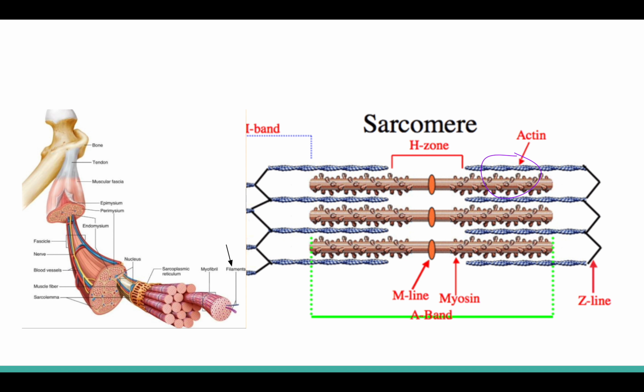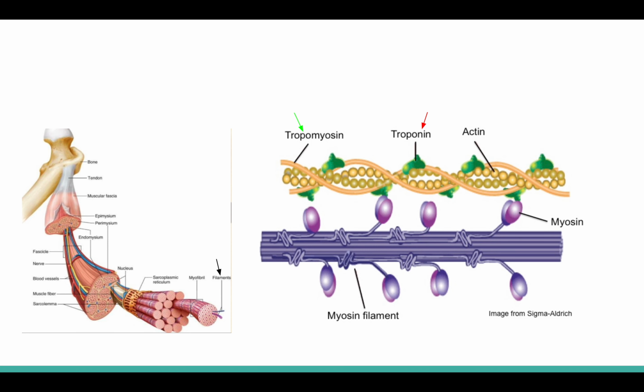If we want to get into troponin and stuff, we're going to need to take a closer look at the actin. Where you see this purple circle, we are going to zoom in, and now we can see troponin and tropomyosin. When the calcium ions diffuse throughout the cell and bind to the troponin, a change of shape causes the tropomyosin to move off of the active sites. During this time, a phosphate is released, causing myosin to bind to actin. An ADP is released from myosin, and ATP is added back into the myosin,